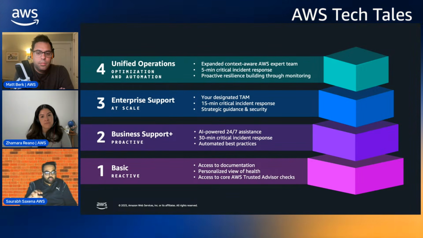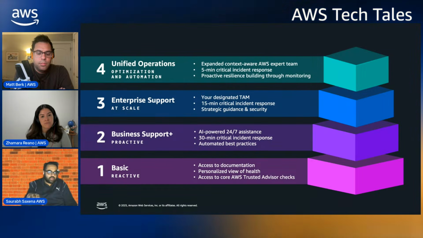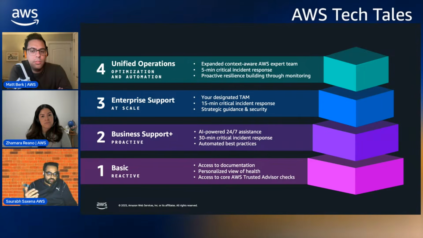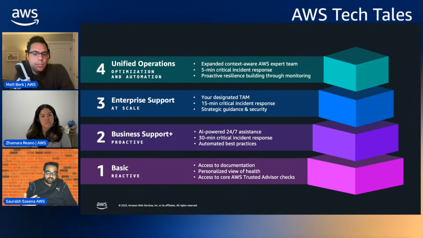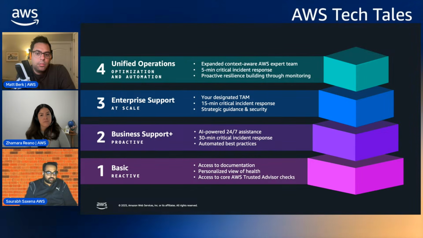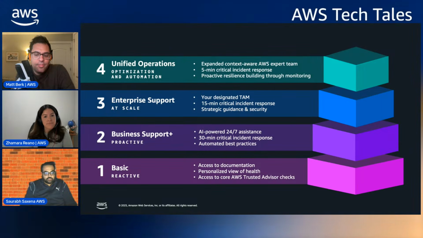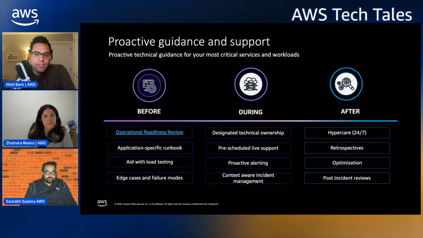But based on your workload and your cloud cycle, you find out where you land, right? You're in Business Plus, or you have mission critical workloads that your business depends on. You gotta be on enterprise support. Or if you're running mission critical workloads and your entire business depends on it, and you'll call your CEO if that workload is down, you definitely need unified operations. You need all hands on deck, and you need everybody working in your favor. So we reimagined our support tier for that same reason.